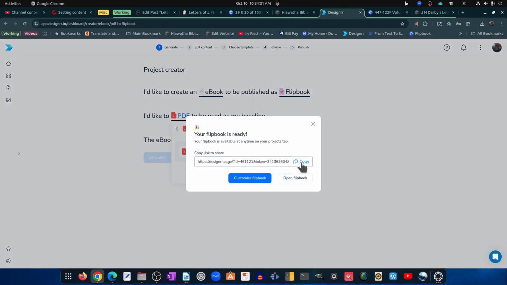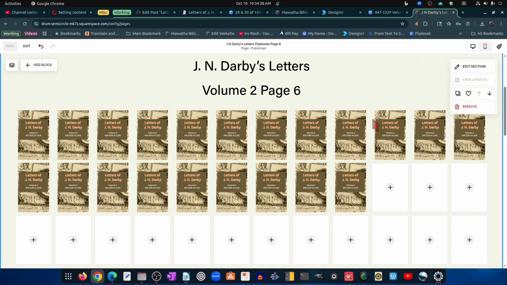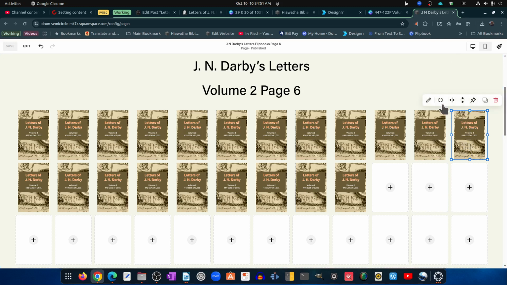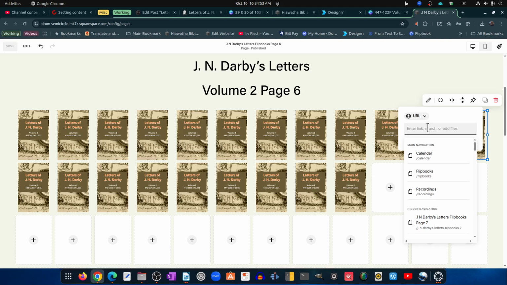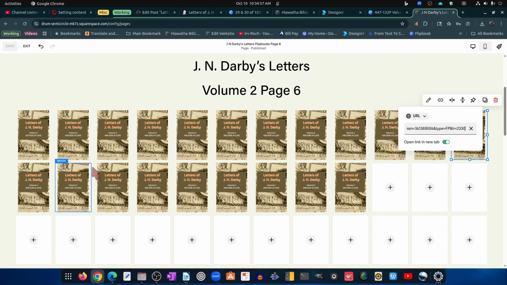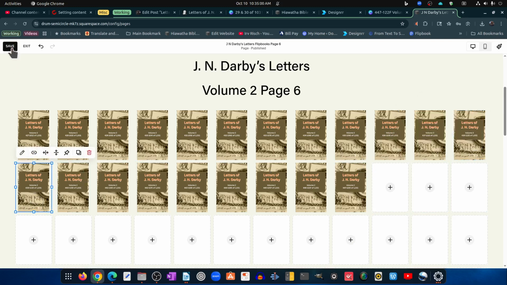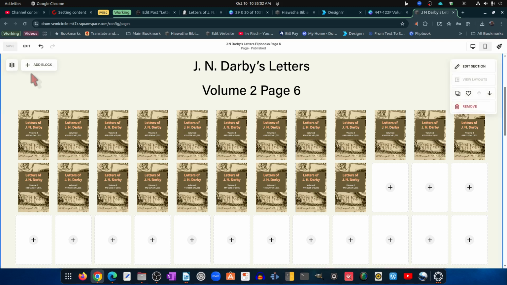Okay, now I'm going to copy the URL. The reason I copy the URL is I have a page where I'm putting all these books. What I want to do is copy that URL over to this book right here. So I'm going to just paste that link that I just copied, and I have to save this, so I'll